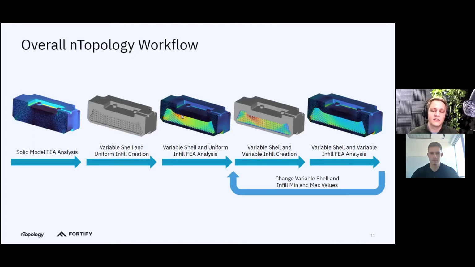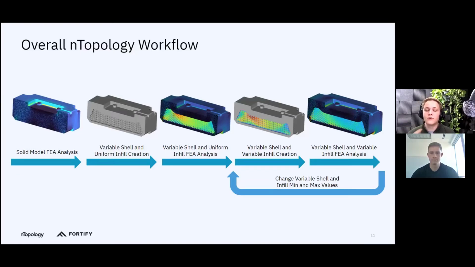That's where the high stress in the beams are. So what I'm going to do is take that data and vary my infill. Where that stress is high, where this red is, I'm going to give it a thicker beam. And then the lattice is going to vary in thickness according to the actual simulation data until it's down to the low values of stress and the thin beams. I'm going to take that and run a variable shell and variable infill FEA analysis, verify my design,